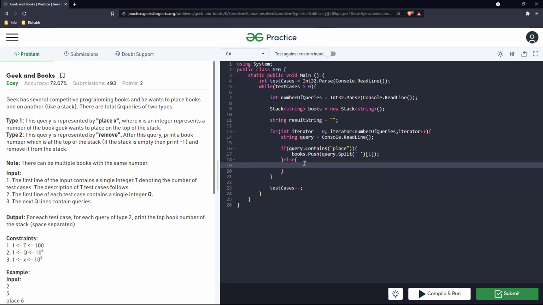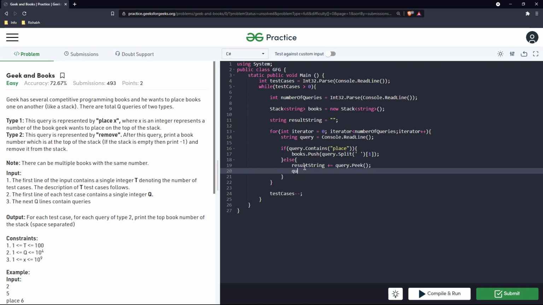In case that's not the case and we get a remove query, then we just append the top of it. To get the topmost element, we can use peek, on the stack called books, and after that we'll just pop it.